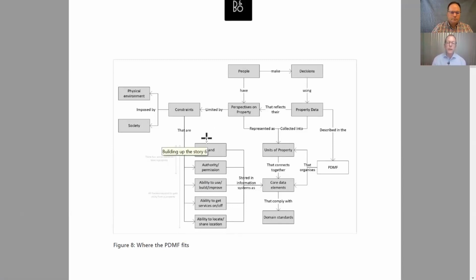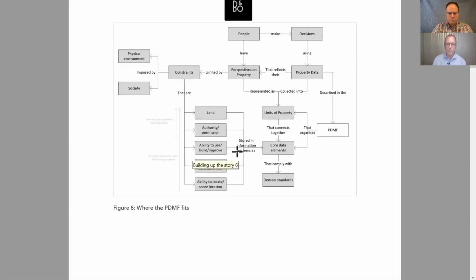But we do recognise that a lot of the value that people want to get from property information sits around these things, like building consents or school zones or things like that. So we designed the model to be extensible. We think that any of those other things can be connected into the model through one of these 5 core elements. So if you're interested in a school zone, you would connect into the model through the property boundary, so the unit of property element.